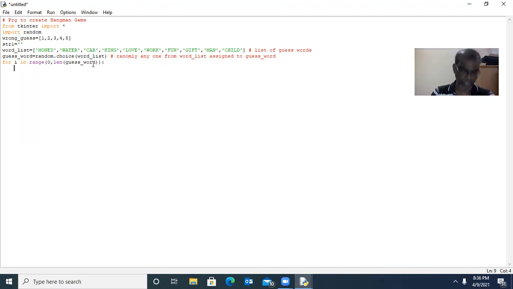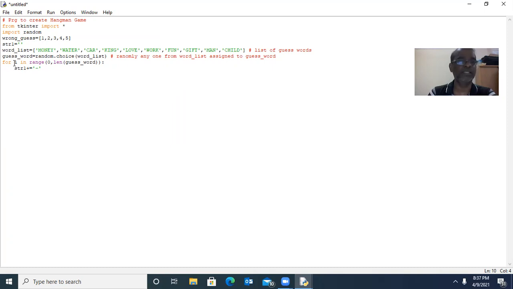That's all. Okay. Now we have already declared str1. That should be plus equal to a single hyphen. That's very simple. So now consider money is assigned to guess_word. So len of money returns 5. The very first time i will be assigned 0, that is the first alphabet, so str1 will be assigned a single hyphen.